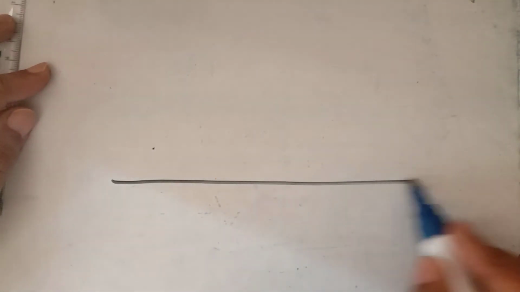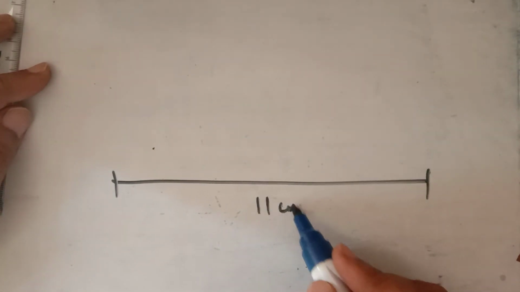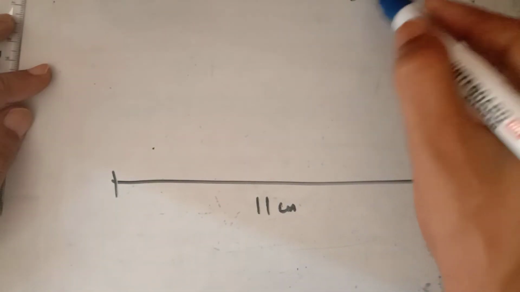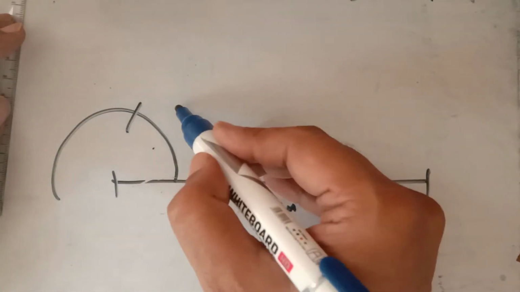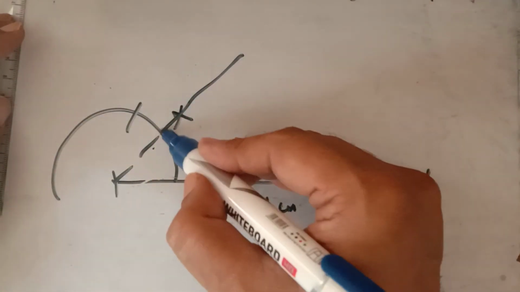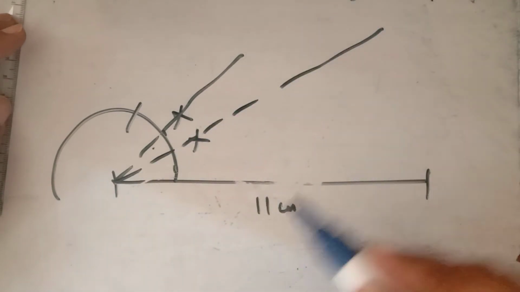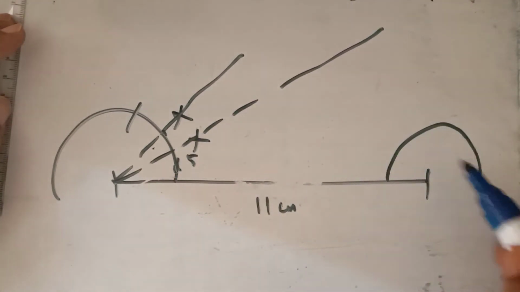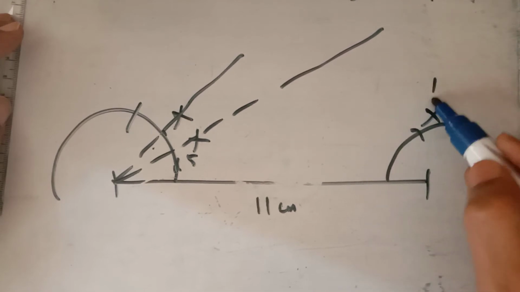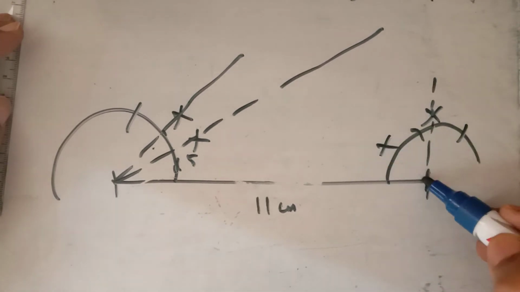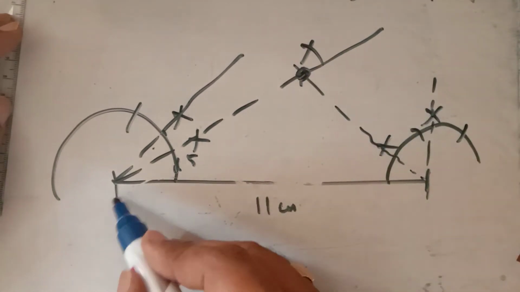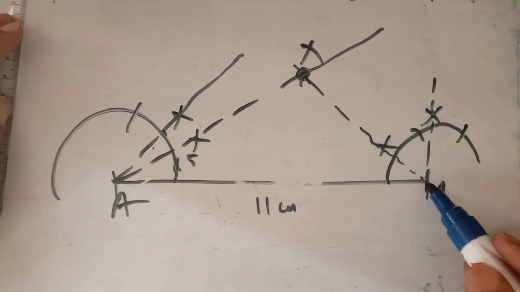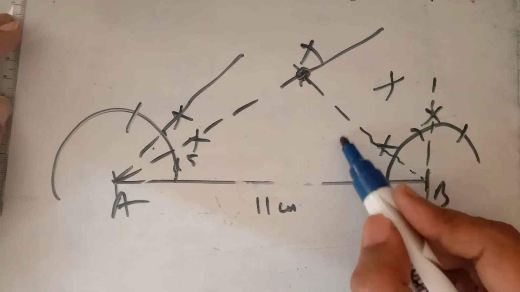Okay, I will tell you again. First of all, draw this 11 centimeter because 30-degree and 90-degree angles you have to make. So you have to make the half of the angle of this. So you draw here 15-degree angle. This is 30. This is how much? 15-degree angle. Here you draw an angle of how much? 90-degree, and half of that will give the angle of 45. So this will be the point X. Now draw the perpendicular bisector. Let us call it A and B. Perpendicular bisector of XB. You know how to draw the perpendicular bisector.